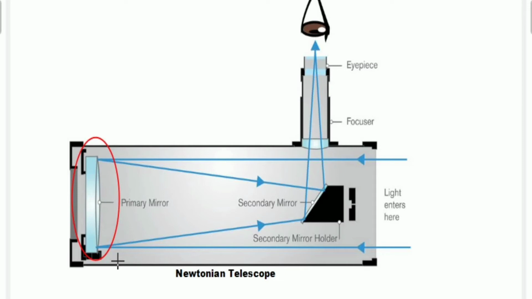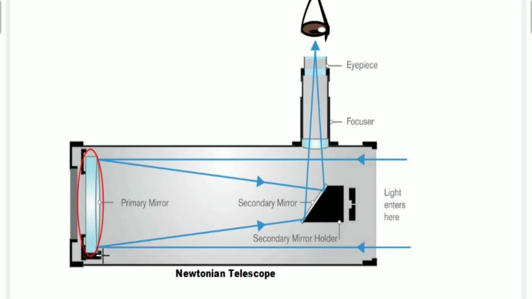And one more thing, the weight of the mirror is also less compared to a lens of the same size. And the images formed by these mirrors, remember what I am telling, do not have any kind of errors of colors. So the problem of chromatic aberration automatically gets solved.